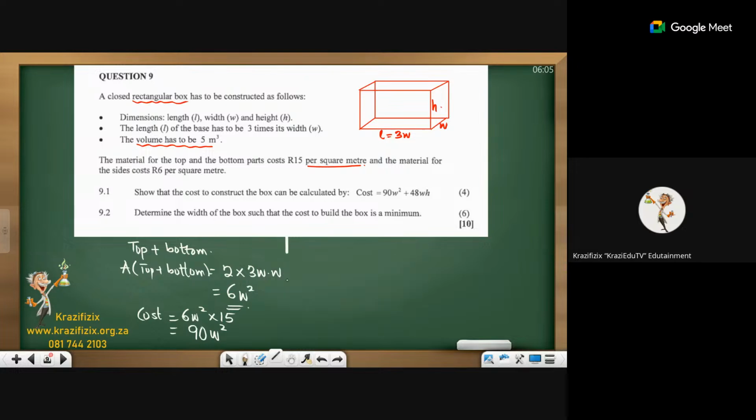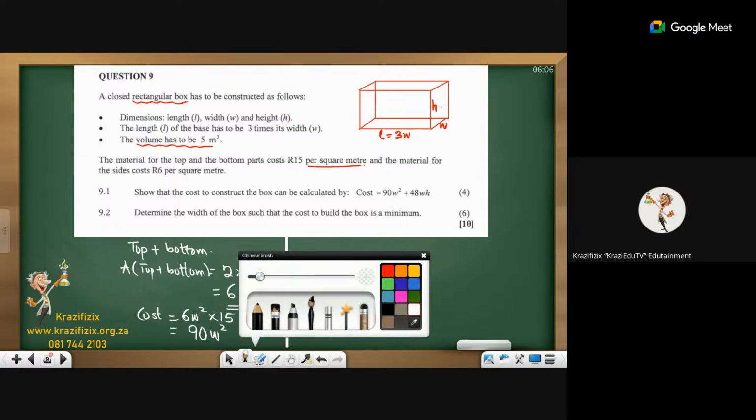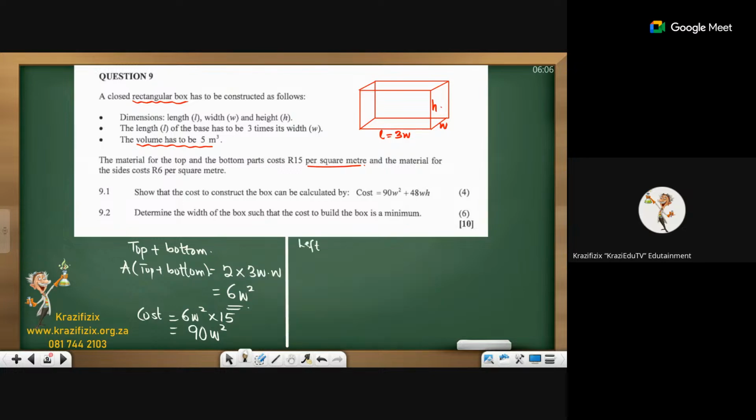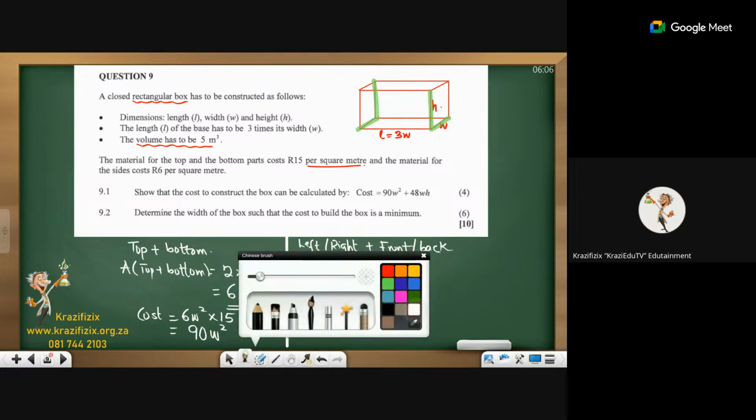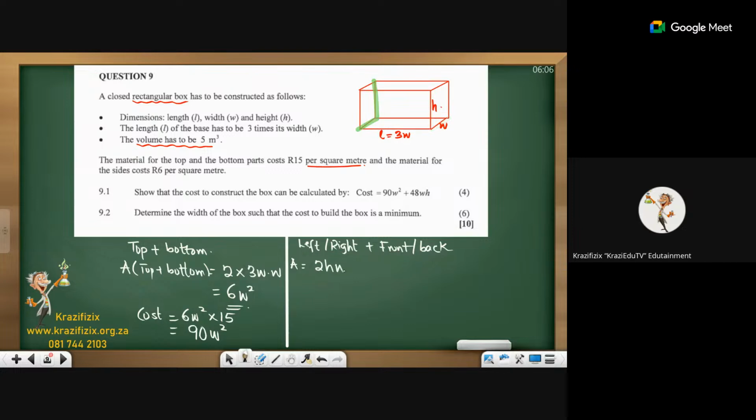Beautiful. Let's go to the sides. Let's check something on the sides. All right, there are four sides. So when I say sides, I'm going to say the left and the right plus the front and the back. So the area would be, if you look at the left, you would see that it is HW. Do you see that there? But there are two of them. So what are we going to have? 2HW